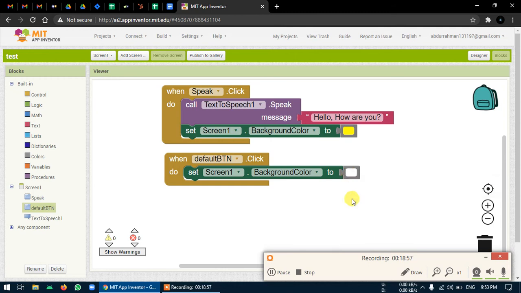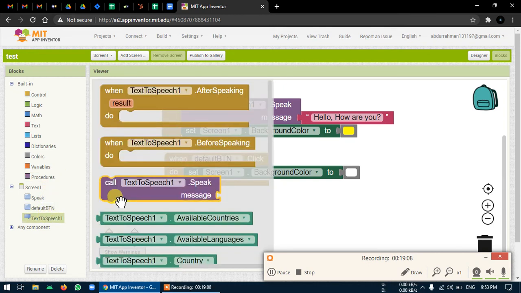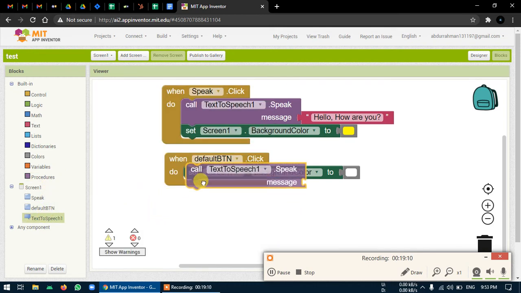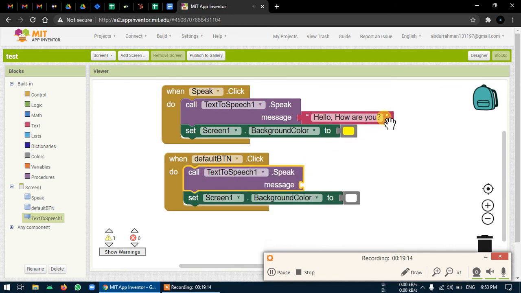That's a normal one. And it will be saying something. Let's just say it must speak, color is back to normal. So I can again use a text to speech block, a message, before, after, whatever you want, and write a message. I can just copy the same text block, paste it here, and write background color is back to normal.